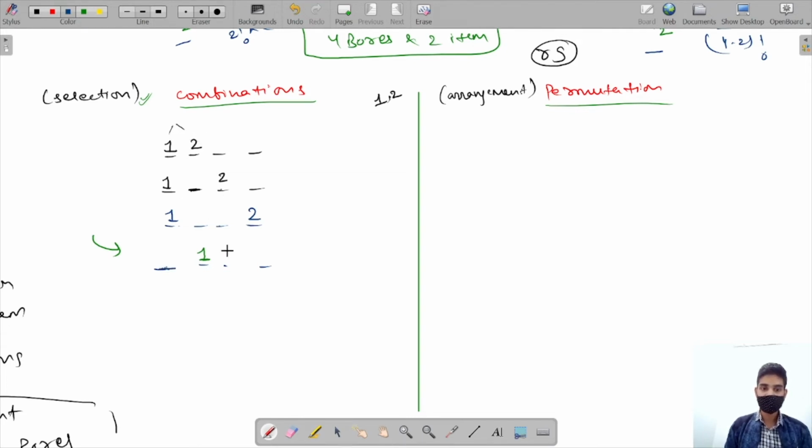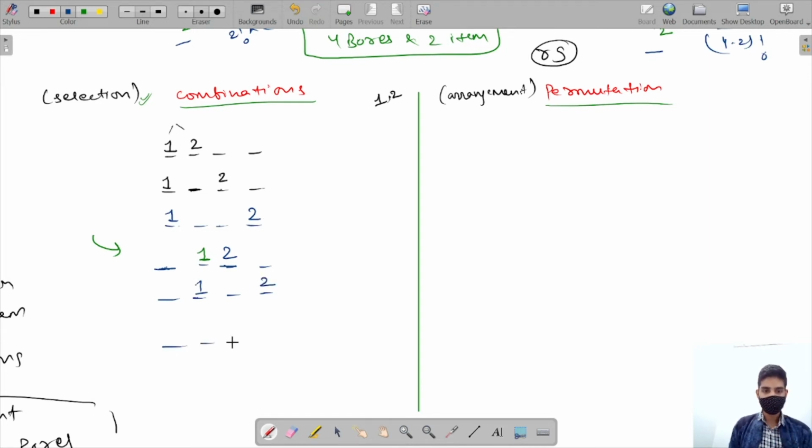So what I will do? I will place 2 here, because I will check for further boxes. Now I will check for further boxes. Understood? So I hope you guys understood why we cannot place 2 here. Because if I place 2 here, then it will create permutations. I will explain you. This case is going to be put here in permutation. Okay. So 2 I will place here. Now 1 is placed here. So 2 is placed here.